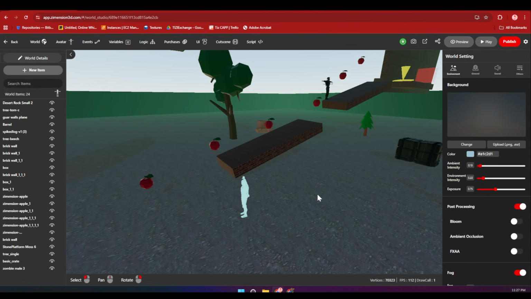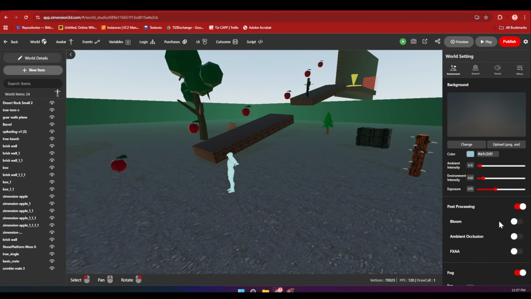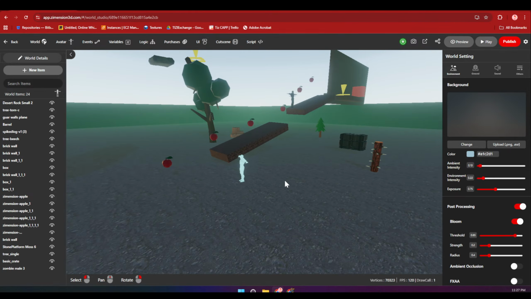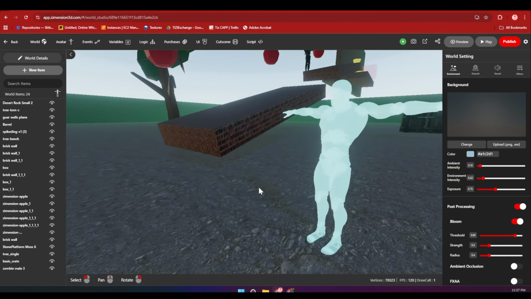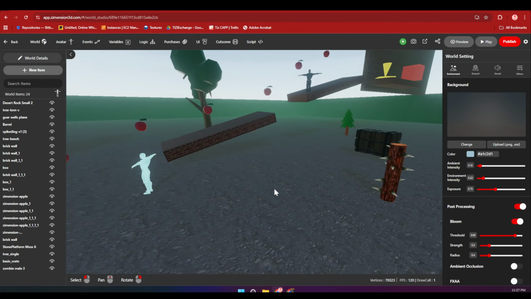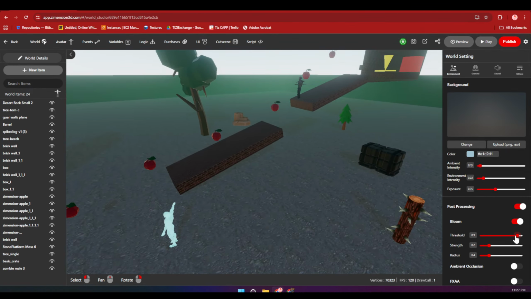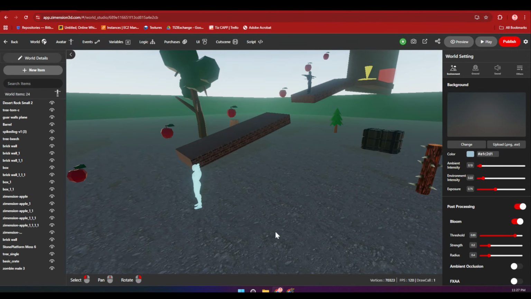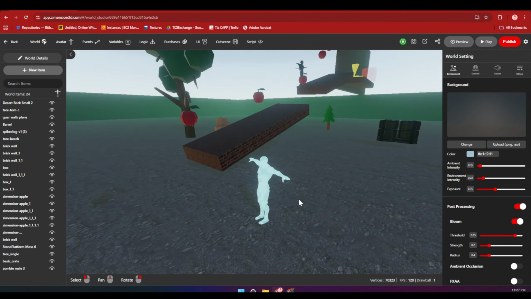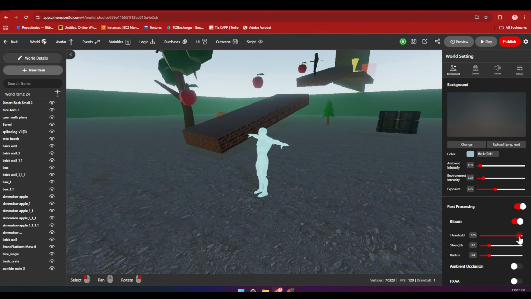Here in post processing, there are several options. One is bloom. Bloom, like if something is emissive, that thing will shine, and we can adjust the intensity. So this thing is completely emissive. If I increase the intensity or threshold, you can see the shininess.